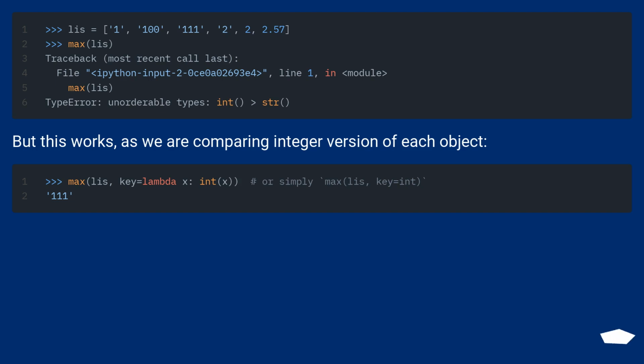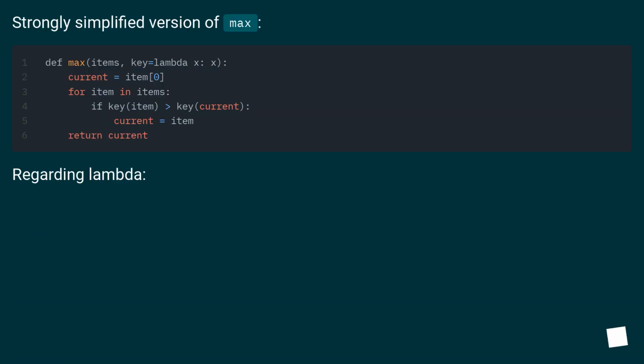But this works, as we are comparing the integer version of each object. A strongly simplified version of max. Regarding lambda,